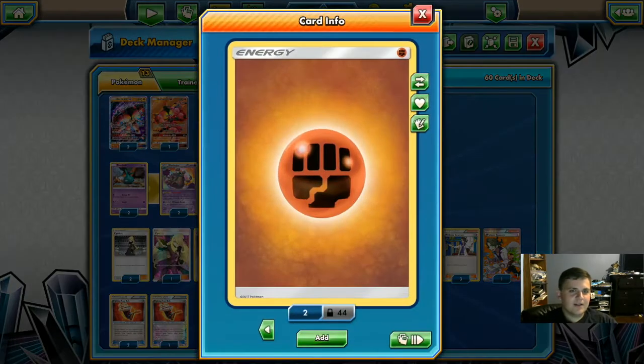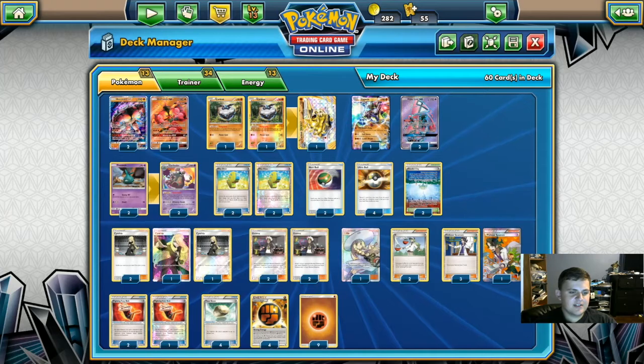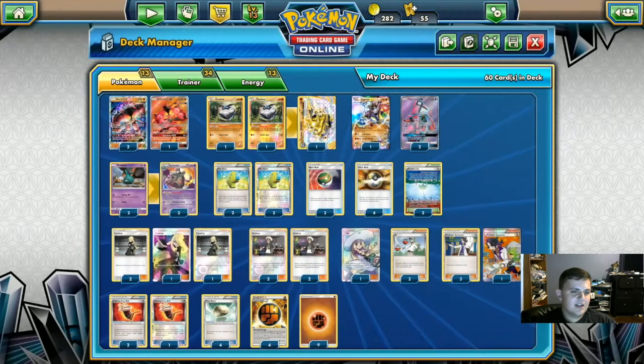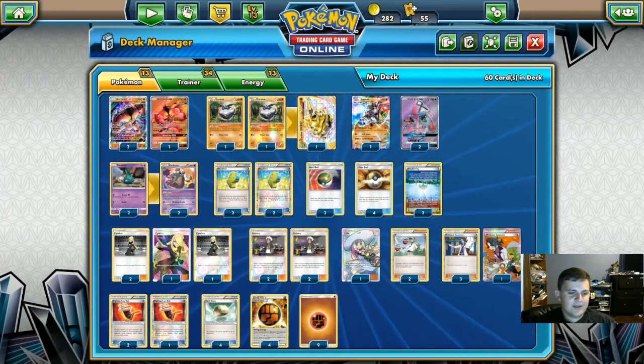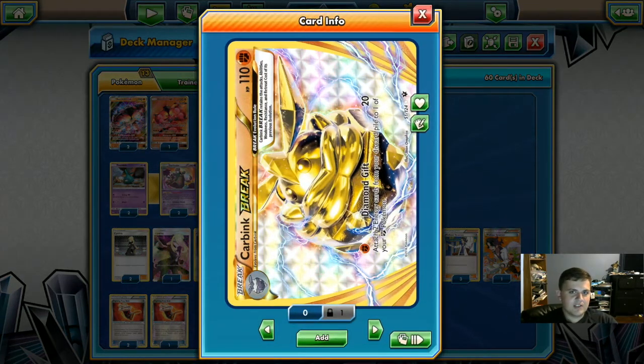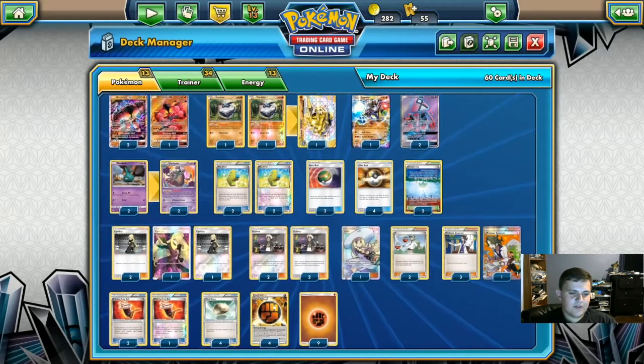There are 9 basic Fighting Energy to try to hit our Max Elixirs, as well as 4 Strong Energy to make our Fighting Pokemon do 20 more damage for each one attached. And like I believe I mentioned this earlier, but Strong Energy, even though it's a special energy, Carbon Break has no restrictions to what type of energy you can attach. So we can attach Strong Energies if we need to, or if we have the option to, from our discard